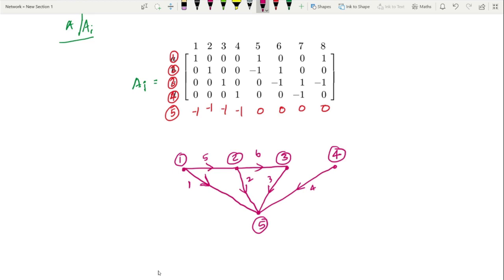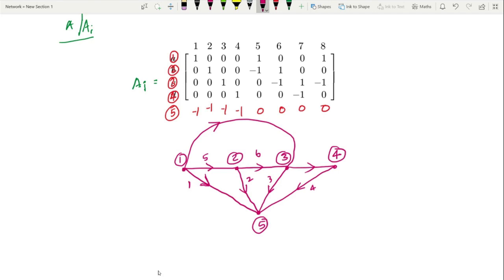Next one is branch 7. It is connected between node 3 and 4. We can mark in this manner. Then what is the direction? It is going away from node 3 and coming towards node 4. So this is the direction of current. Next one is branch 8. Branch 8 is connected between node 1 and node 3. We can mark in this manner. We need to mark the current direction. What is the current direction? It is going away from node 1 and coming towards which node? Node 3. So this is the current direction.